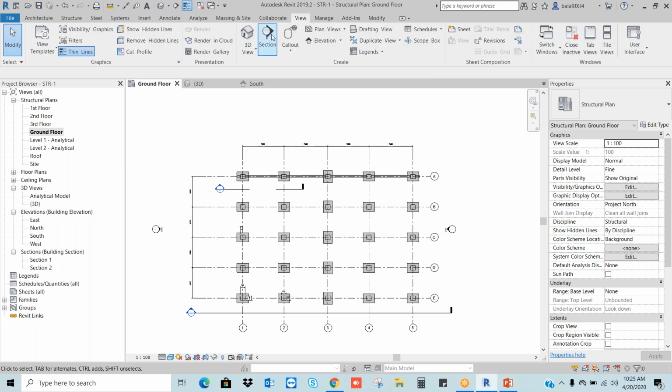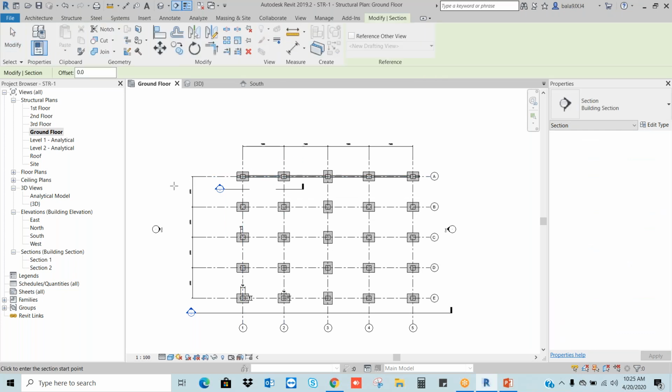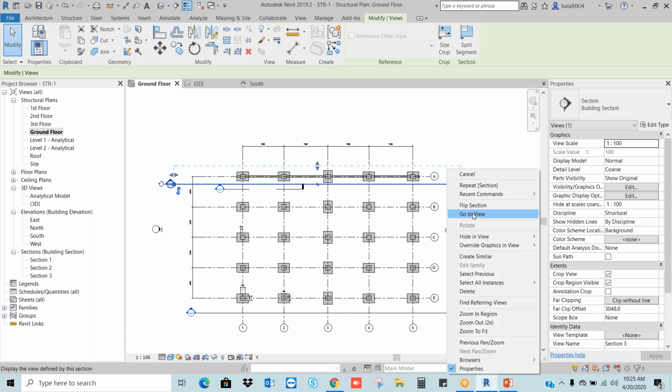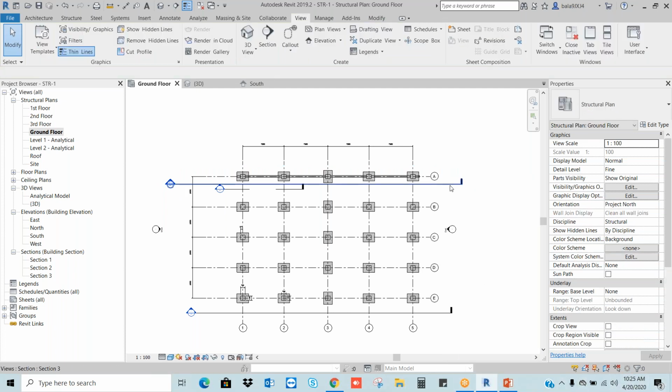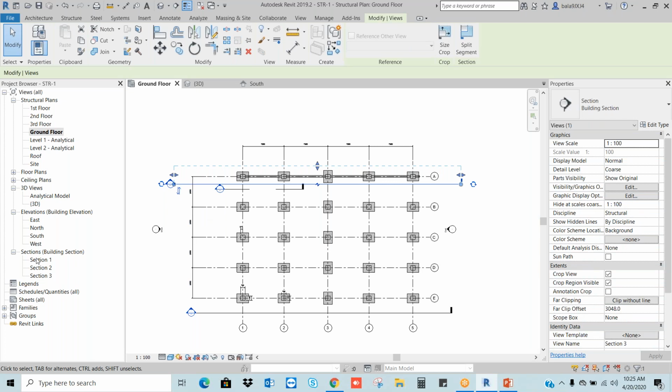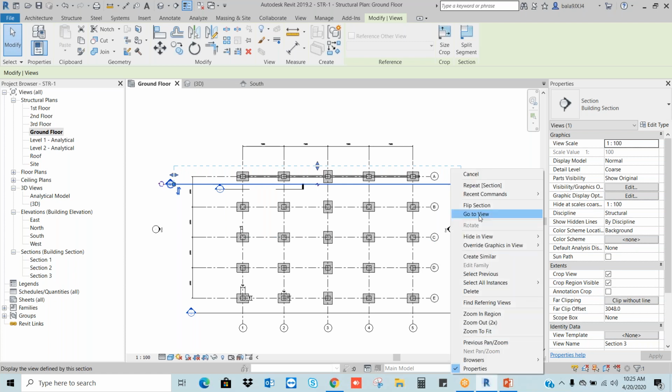Creating sections in Revit is very easy. Just, let's say, first part, second part. Right click, go to view. When you draw one section, the section drawing will get created in the sections in the project browser. Whatever sections you draw, however many, they will be saved in the sections folder. Right click, go to view.